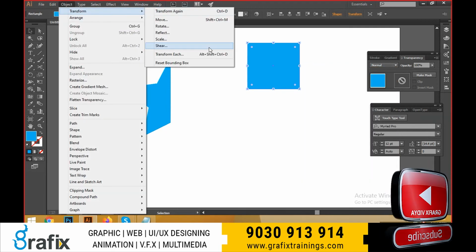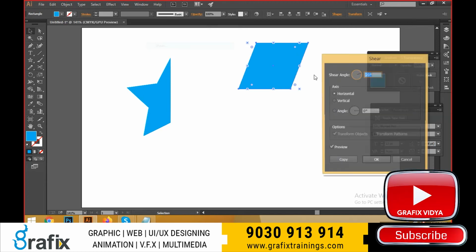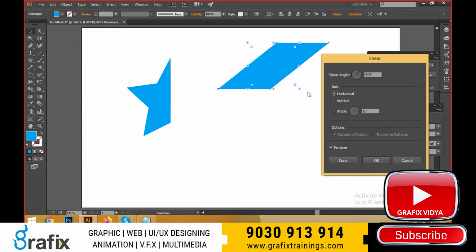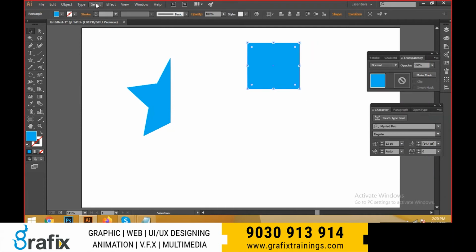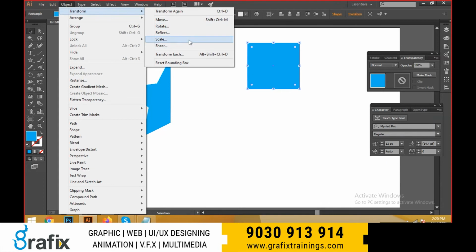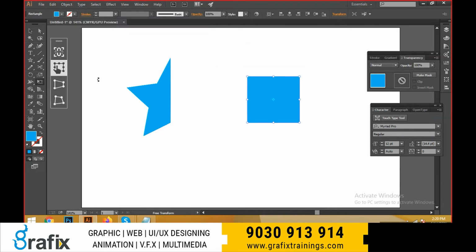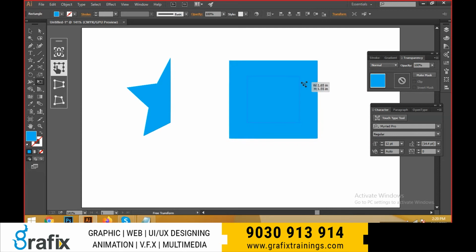Go to Transform and make it with Shear. Shear is nothing but a slant of the area. We can give it a perspective view, and we can slant the object with a perspective shear angle like this, and go to Object. These are the options of the transform controls, and I can scale it using the transform controls. The shortcut here is E, and select it. I can transform by holding Shift and Alt, and I can scale it like this,